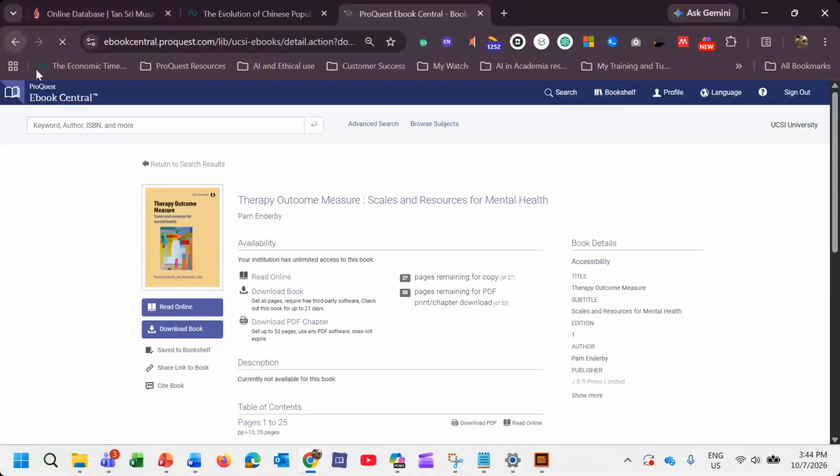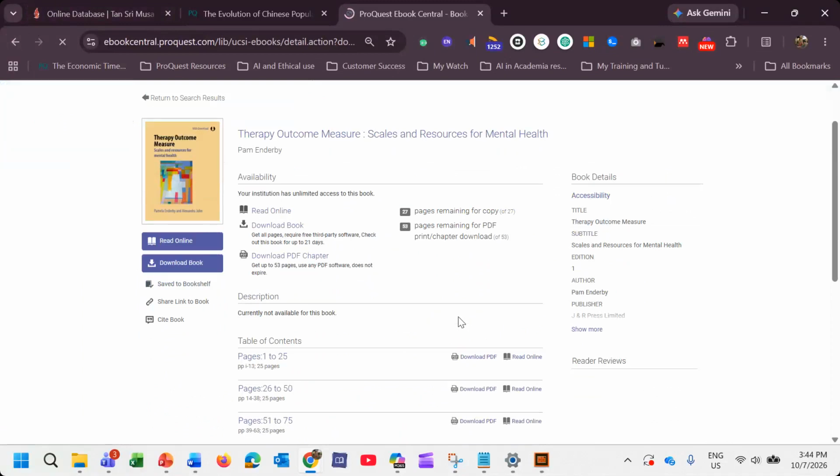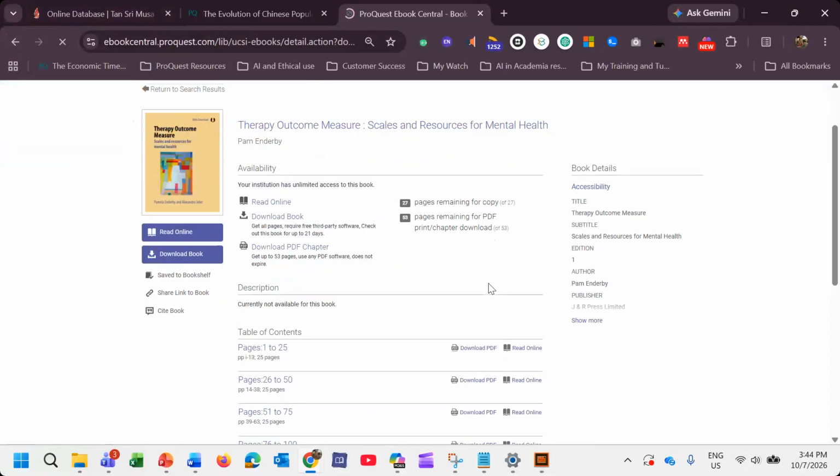I may not have an example here, but if you see a book has one user or three users, it is still the same. What it means is that simultaneously, only one or three users can use it. But for this one, everyone can download simultaneously. That's the only difference.